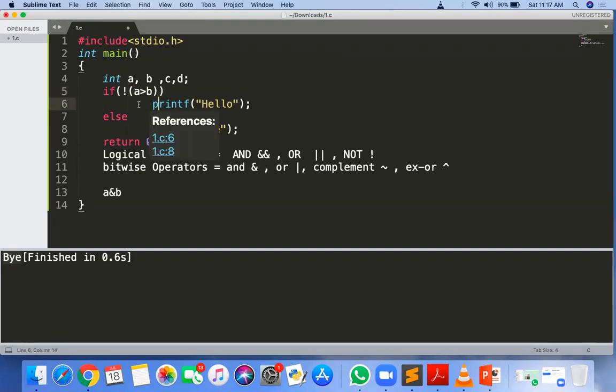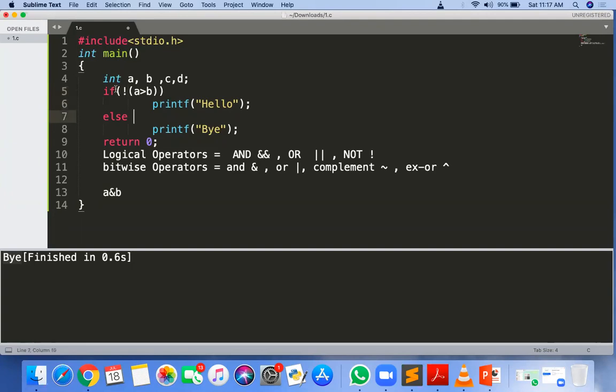Sometimes we can replace the same thing by copying this to the else part and the else part to the if part, if you don't want to use the NOT operator. But suppose there is a very big code, and we mistakenly write the if part in the else and the else part in the if. So without copy-pasting the else part into the if and the if part into the else, we just make a NOT of this.